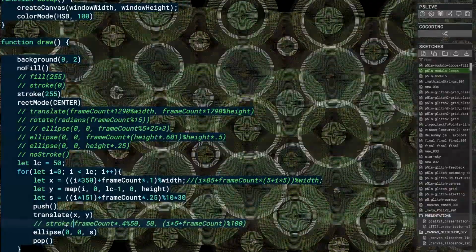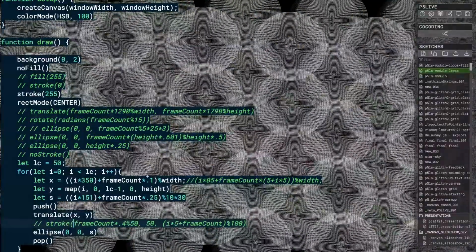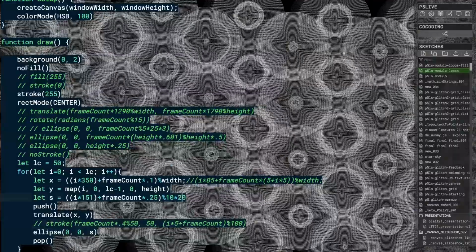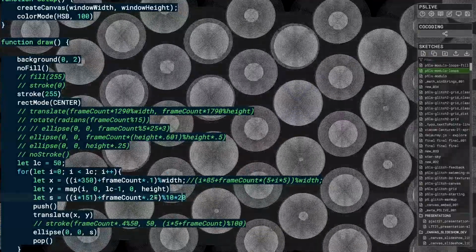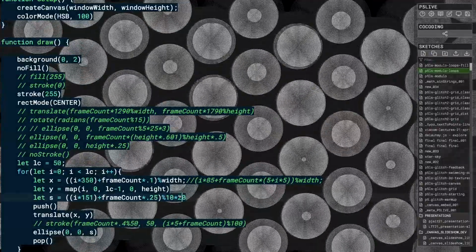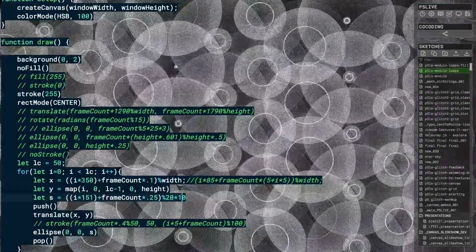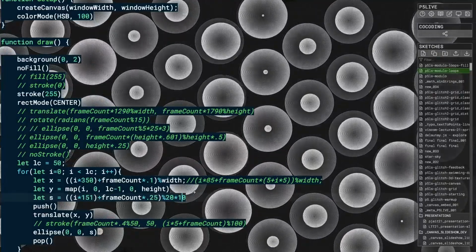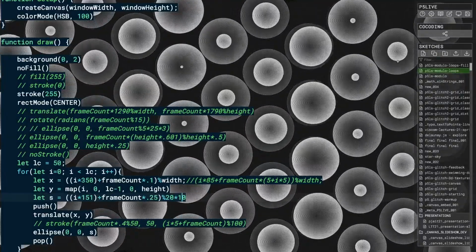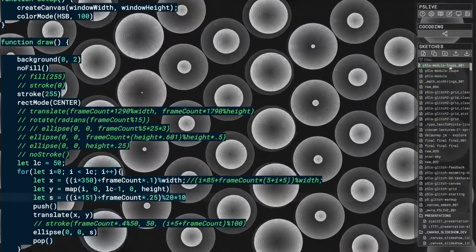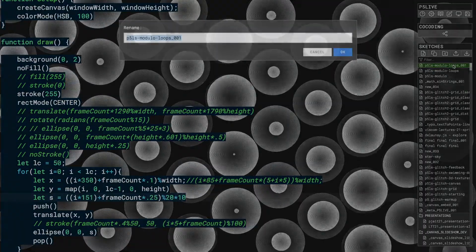I'm going to turn off that stroke. Maybe make these things smaller. And keep exploiting what's possible in this domain. Yeah, if those numbers are like so. So I'm going to duplicate this. And I'm going to call this one